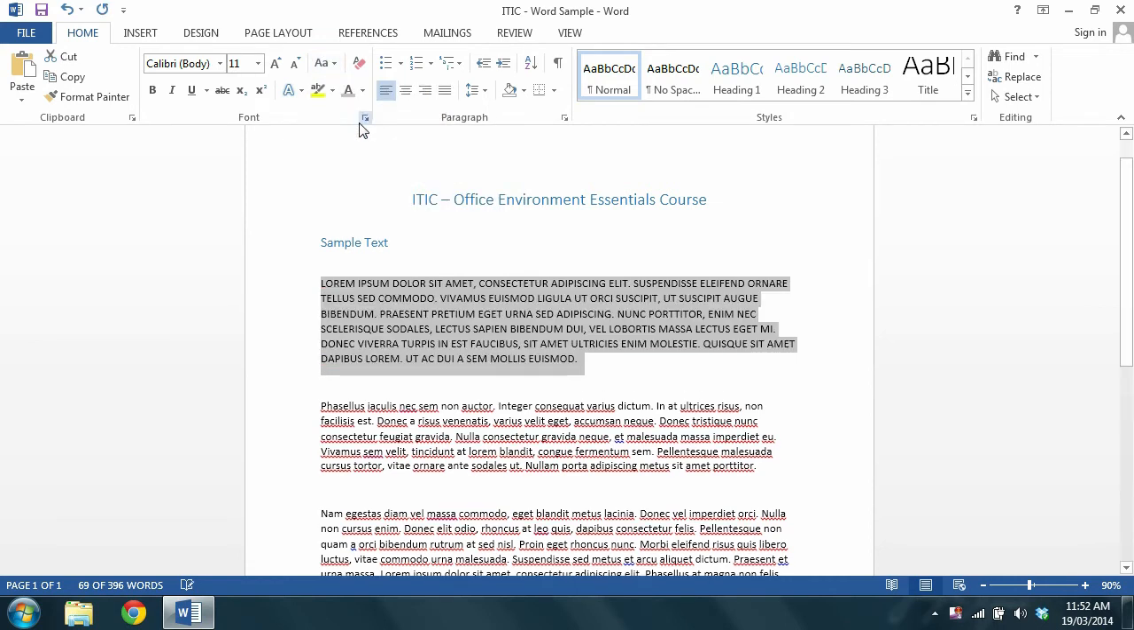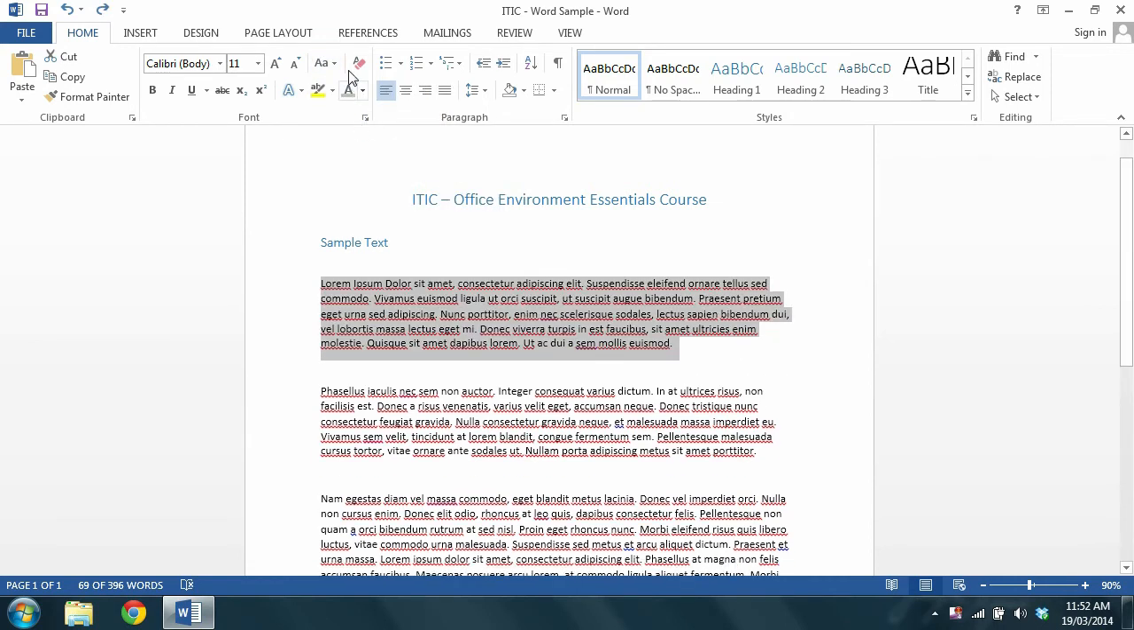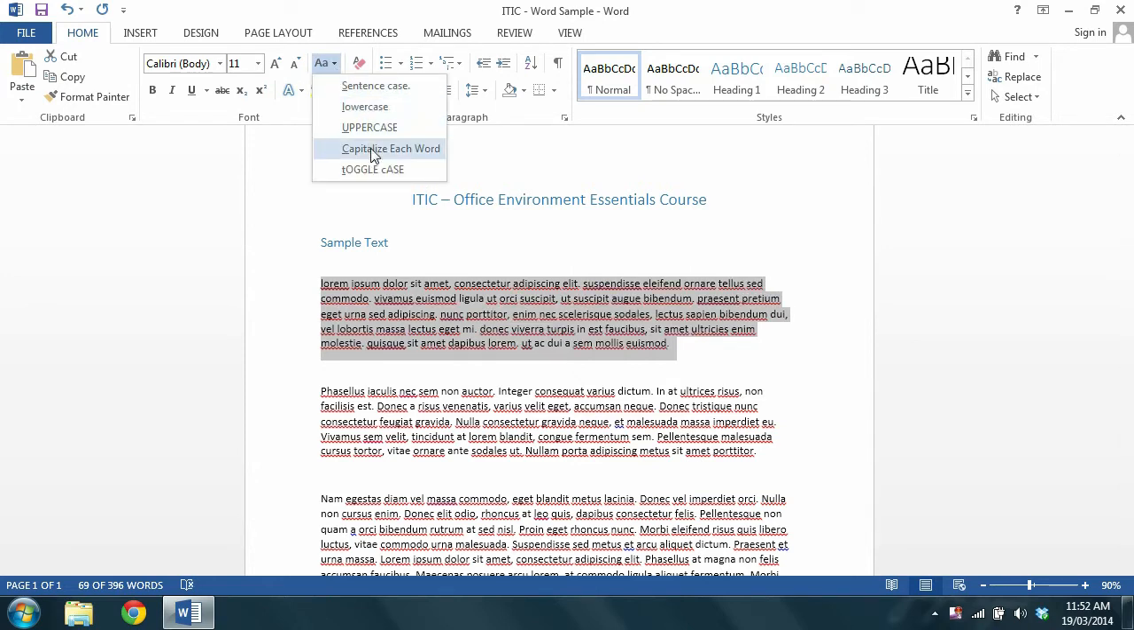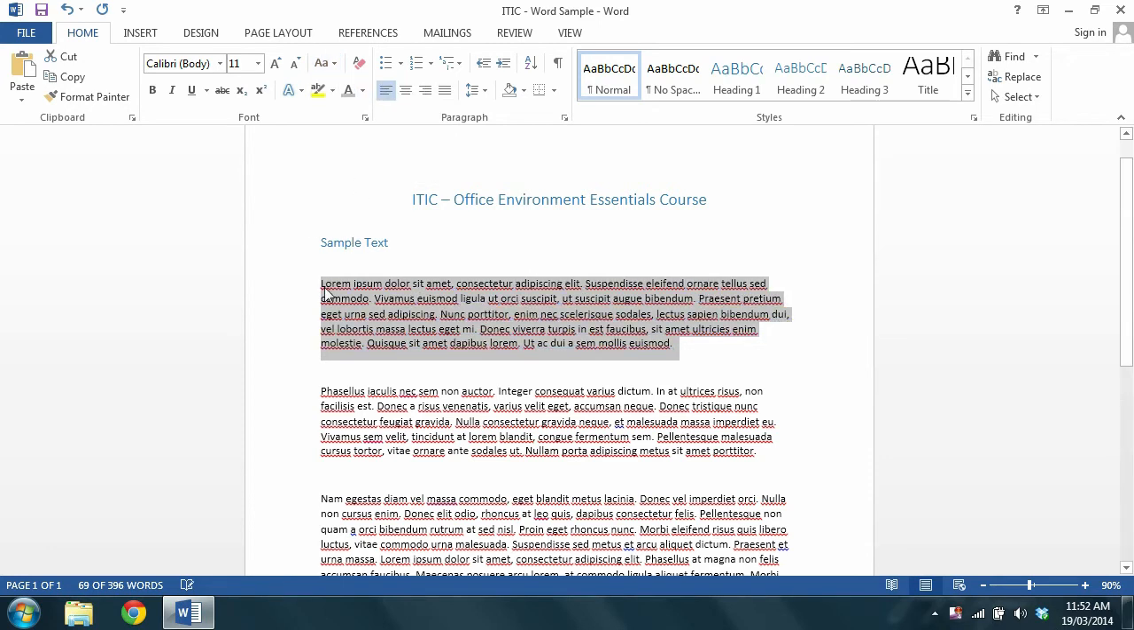So I'll make it all uppercase. Control Z to undo. It's already lowercase. Sentence case. What sentence case will do is it'll basically just capitalize the first letter of each sentence. So if, for example, I change it all to lowercase and then I go to sentence case, you can now see that there is a capital letter at the beginning of each sentence,